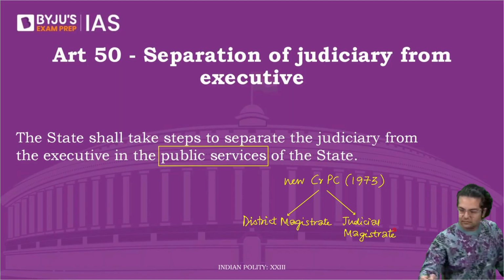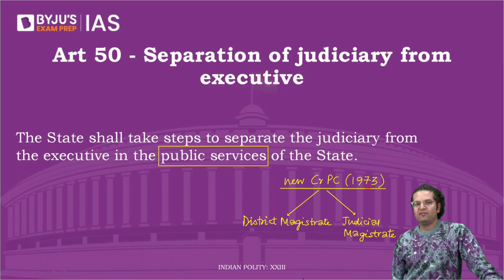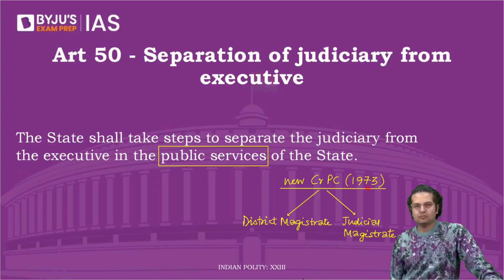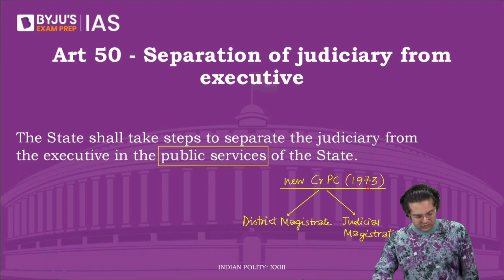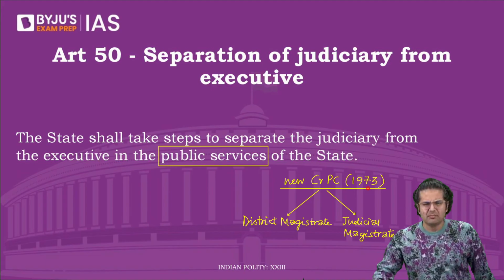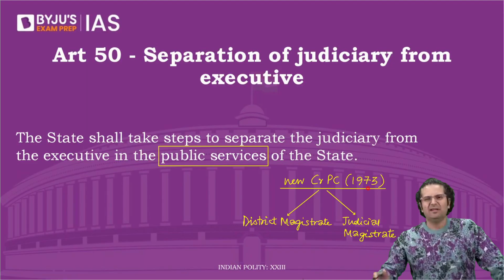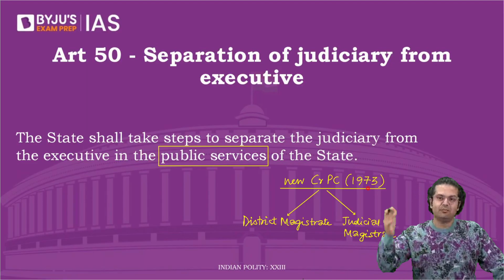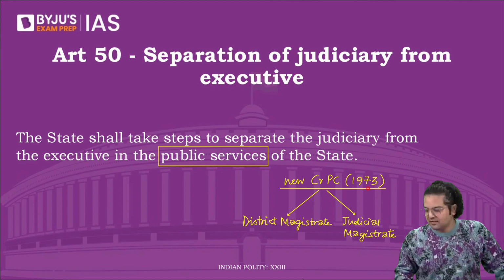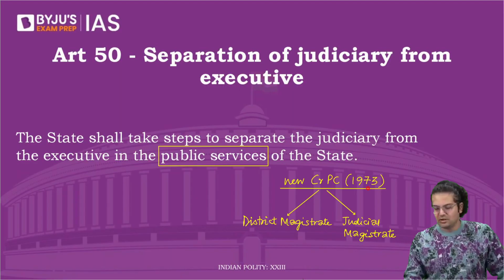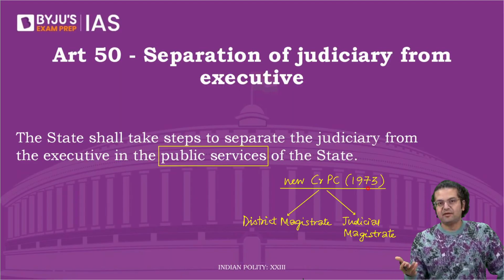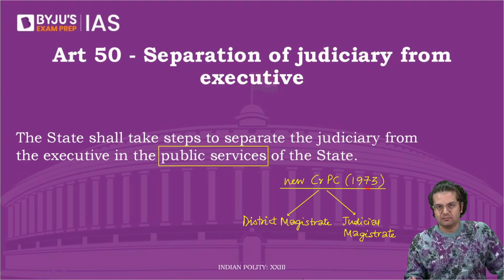Just a minute, guys. Villagers were sitting and suddenly somebody came running and said, CM is coming to our village tomorrow. And the villagers looked up and said, CM, not the DM. No problem. He is CM after all, not a DM, right? DM is important. So in the eyes of villagers, district magistrate was the only official who was a real boss, right? So you would have even judicial functions, right?